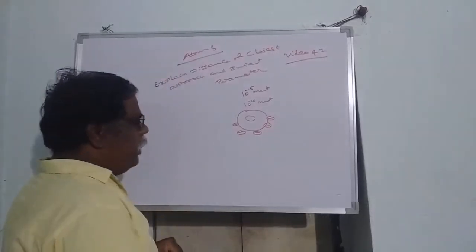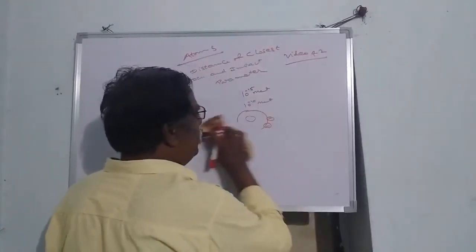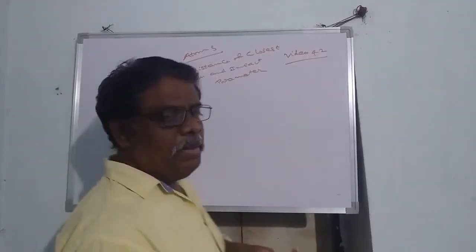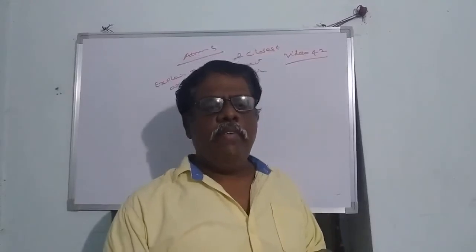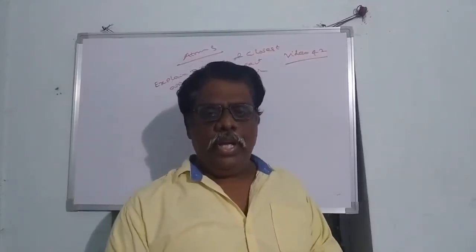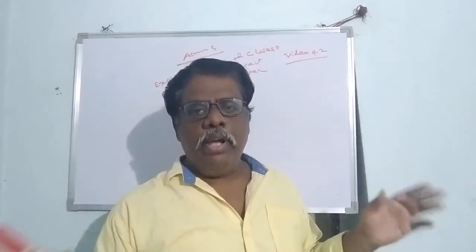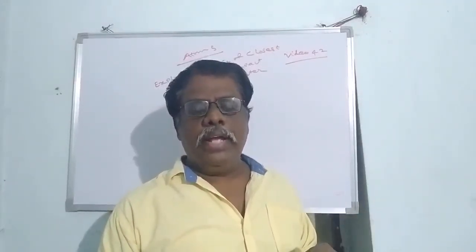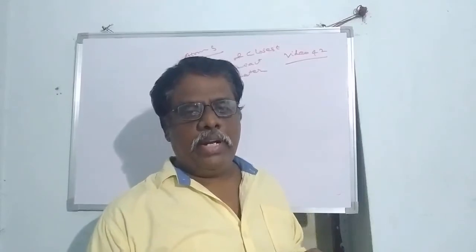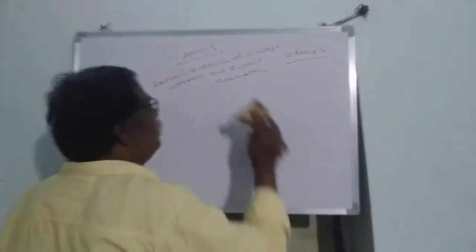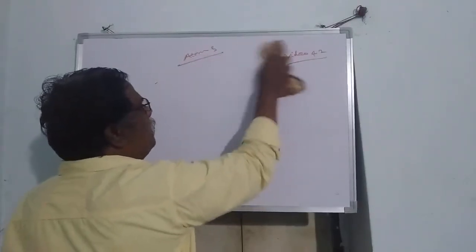So what are the drawbacks of this Rutherford atomic model? The Rutherford atomic model could not explain the stability of the atom. The revolving electron loses its energy, follows a spiral path and falls into the nucleus, so the atom would collapse. It also could not explain the continuous spectrum; it explains only the line spectrum. These are the two drawbacks of the Rutherford atomic model.